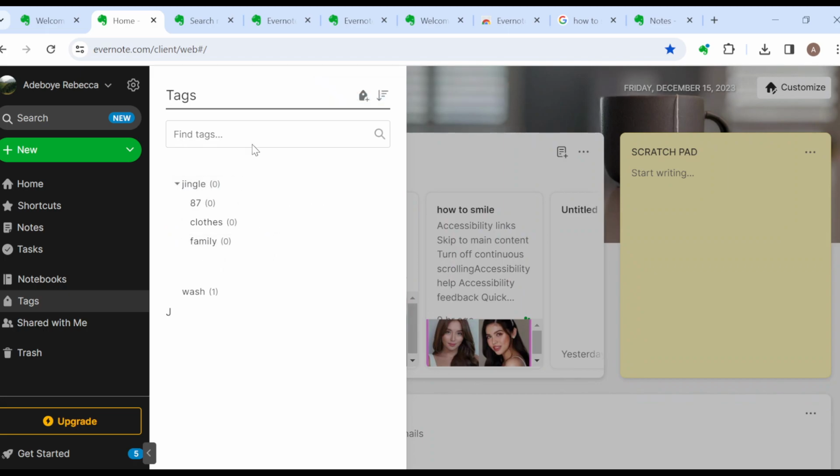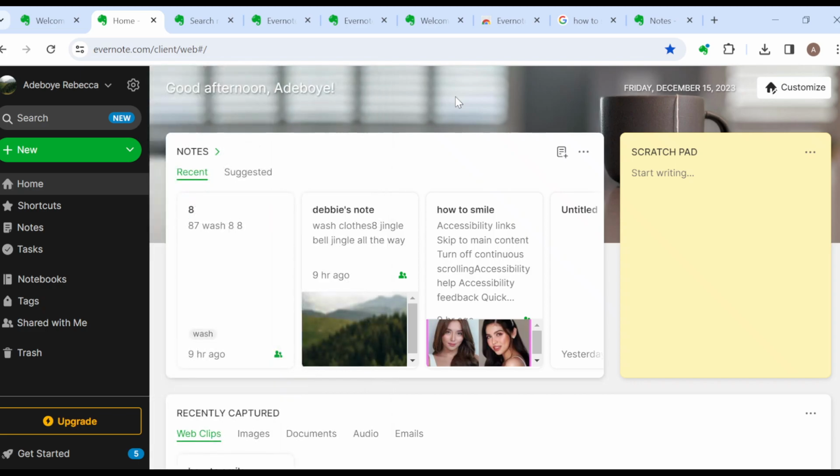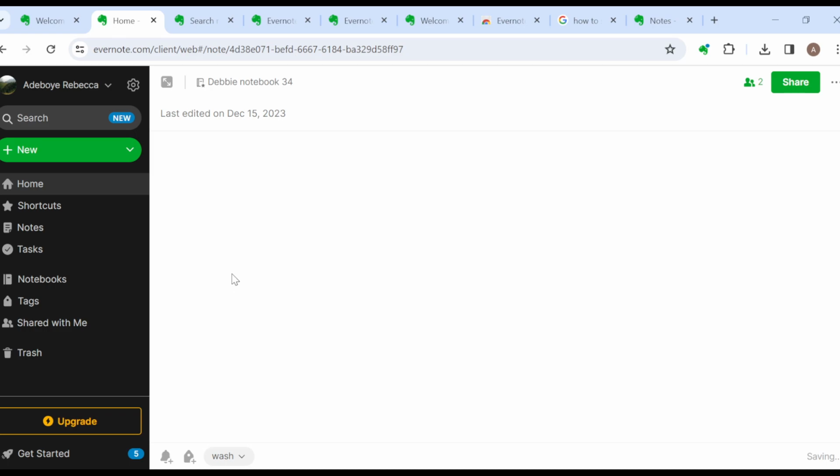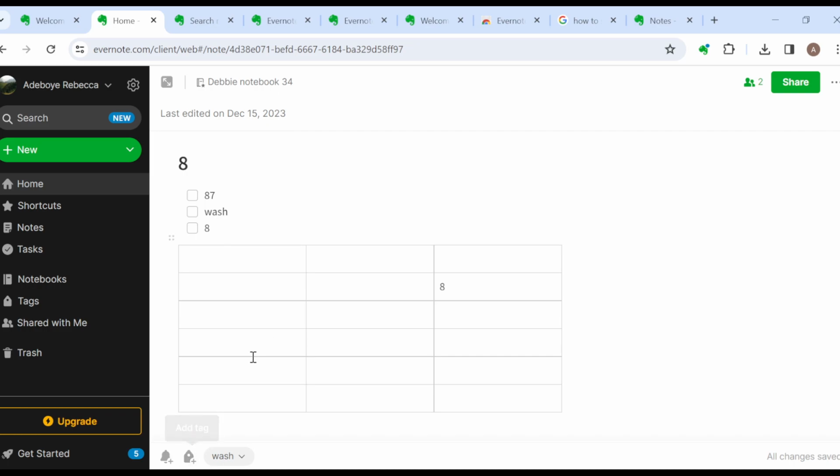And then another way to use tags for note categorization is by selecting the notes that you want to add a tag to, or that you want to find using a tag, by clicking on the note and then moving to the lower part of the screen where you can see the add tag option. Just click on it, and then once you click on it, the option to type to add will be made available. Ensure you type out a tag or use a title that will make this particular note easy to find. So it could just be